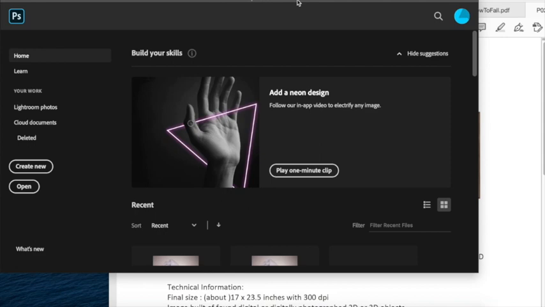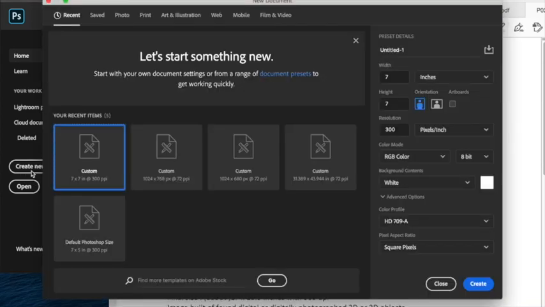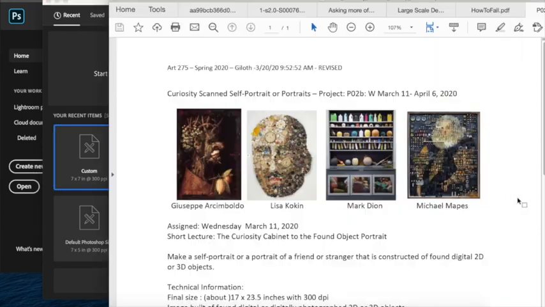So let's start with Photoshop. You can see I have it opened. I've got the latest version, and I'm going to say create new. And now I have this whole window before I even start, and let's go back to the assignment and look